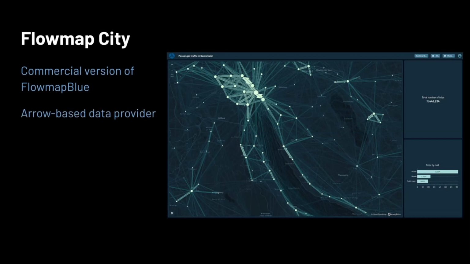Arrow is basically a very efficient in-memory format for storing columnar data. On Arrow, we can efficiently execute queries on data, and in the commercial Flowmap version, I do this in a worker thread.